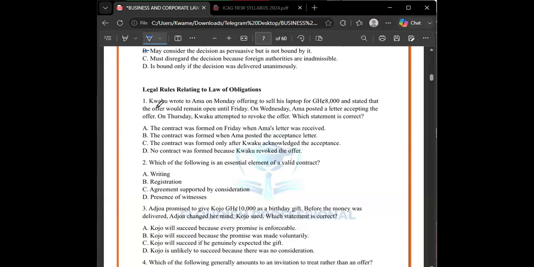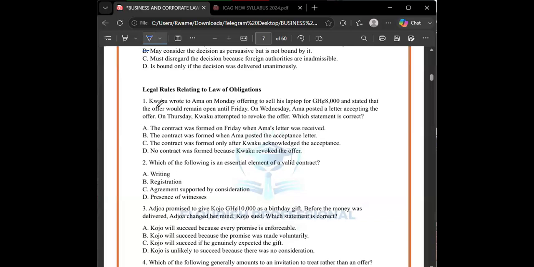So you should understand their forms and then know when they should be used, because there are various alternative dispute resolution forms. I'm just letting you know the angle from which questions can come, because this is an objective type test. You're not going to be asked to define. What you should know is the instances which are best or most appropriate for a type of alternative dispute resolution. So that brings us to the end of the first aspect of the syllabus.